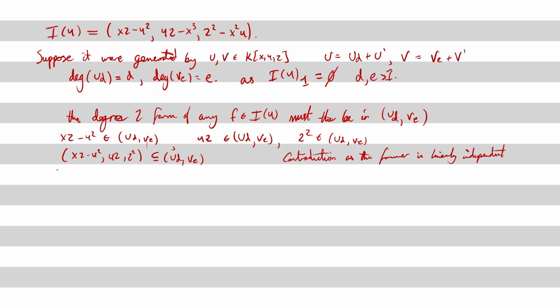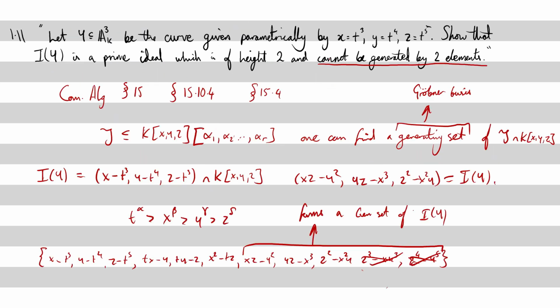So therefore I of y must be generated by more than two elements. Thus we have shown this bit. Now we need to show it's a prime ideal of height 2,